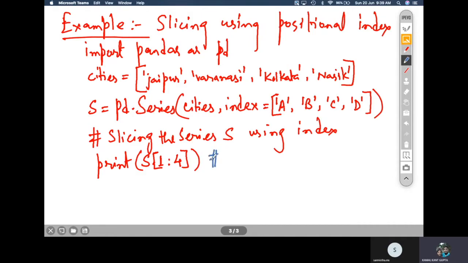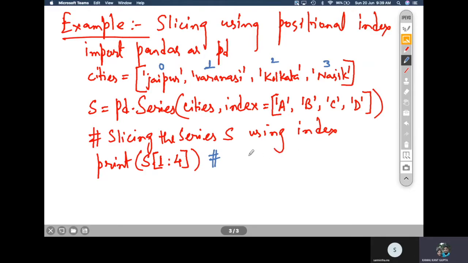The cities are indexed as 0, 1, 2, and 3, right? So your slicing is from first index up to 4. 4 means 4 minus 1, that is 3. So the values at 1, 2, and 3 indexes will be accessed and printed.